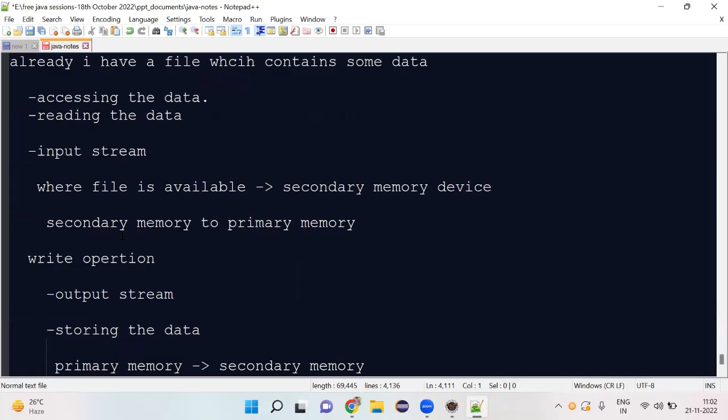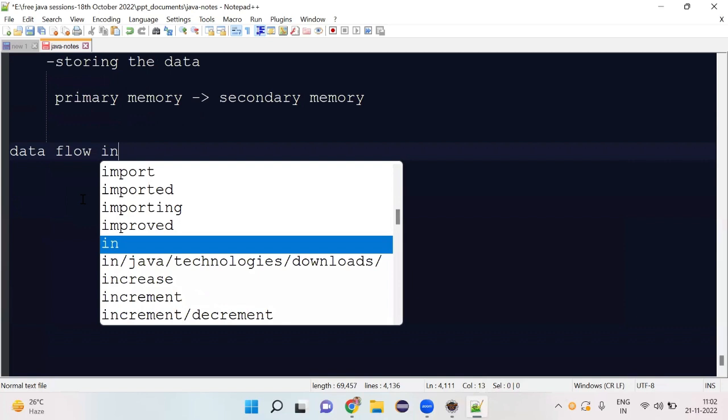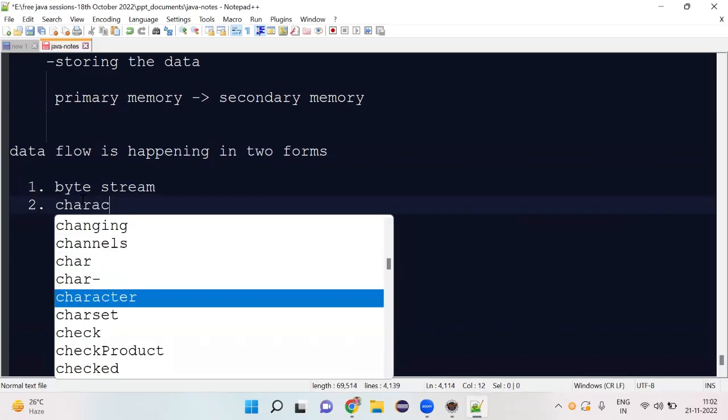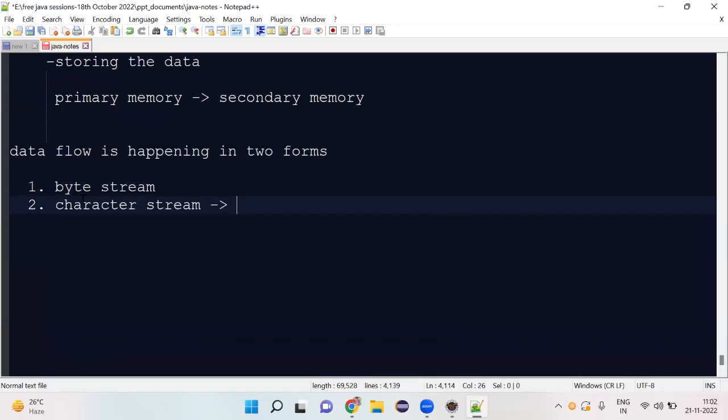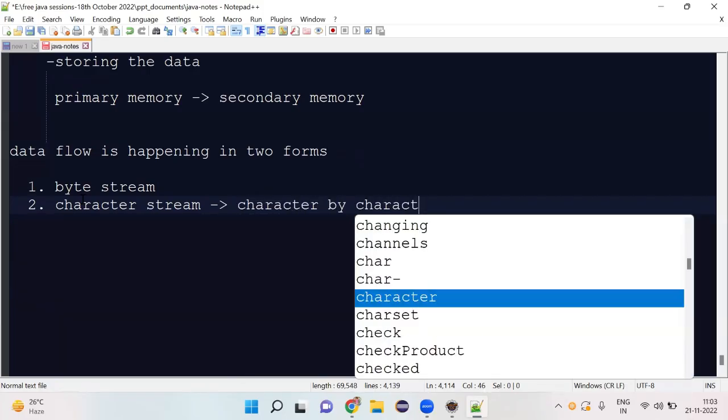Right. So while the data flow is happening, data flow itself is what we call a stream. Here the data flow is happening in two forms. That means we have two types of streams available in Java. One is the byte stream, and another one is the character stream. In case of a character stream, the data flow is happening character by character,